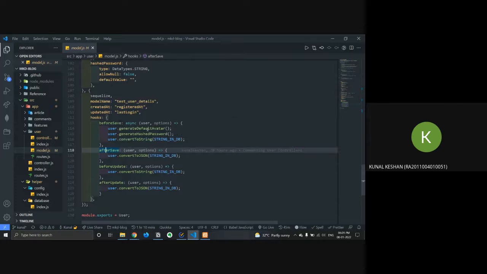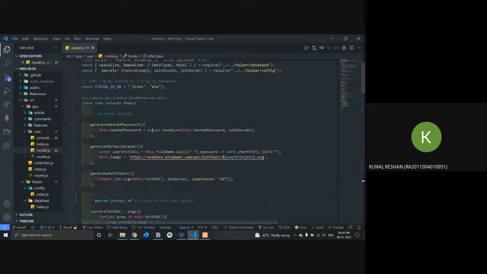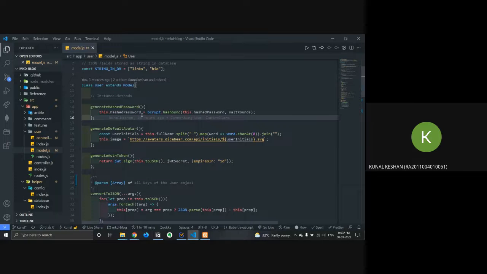So I'll come to this one. I've created some methods here. Generate hash password takes in the string password that I passed, which is the unhashed one, and hashes it and reassigns it to the same property.